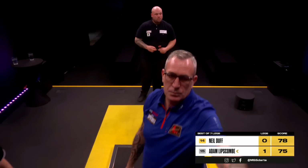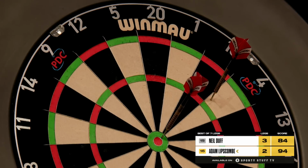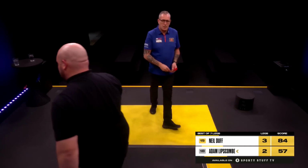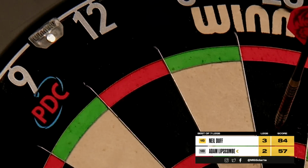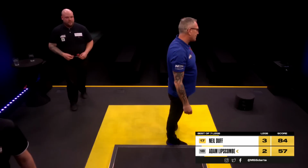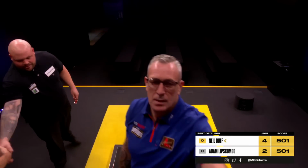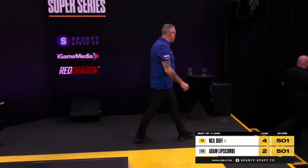And that's the game shot finishing the second leg. Neil Duff is just maybe 90 left. And bullseye for tops. 37. Interesting approach. And so Duff to get it done. 84. Wants 84. Double 12. Game, shot, and the match. And Neil Duff wins the last game of Group A. He beats Adam Lipscomb by 4 legs to 2. He will be